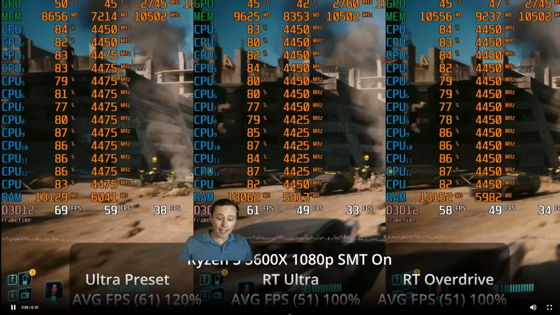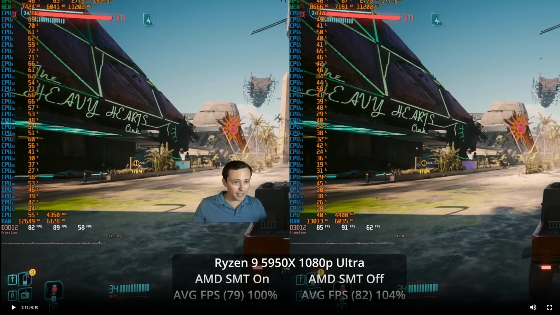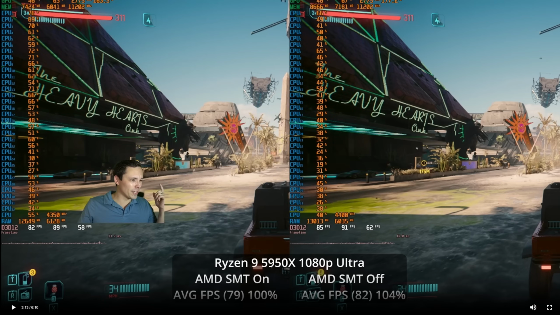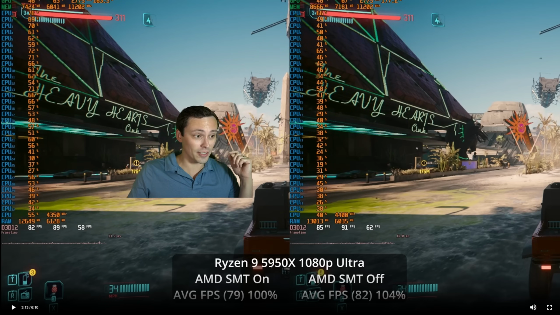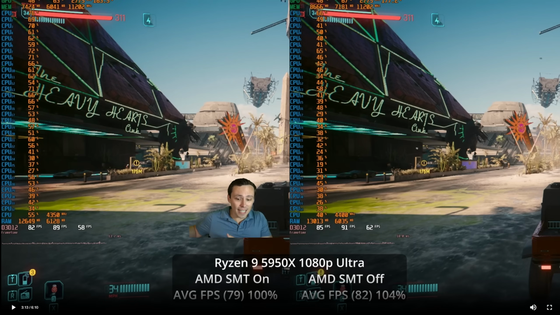So anyway, that's my Ryzen 5 5600, but here's where I got interested, because remember the developer tweet saying that they're going to be using 8 cores all the way. Well, I was like, 8 cores? How about 16? Anyway, so here we're going to be looking at a whole bunch of CPU threads, 32 of them. This is my Ryzen 9 5950X, and I do want to point something out, though,